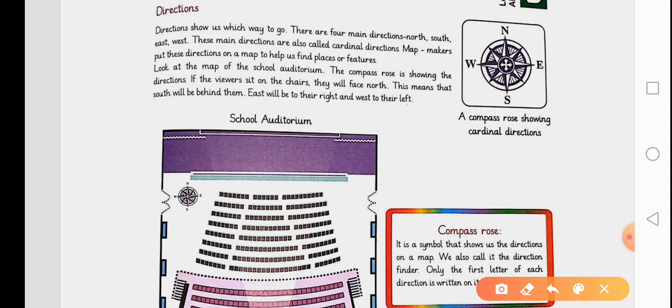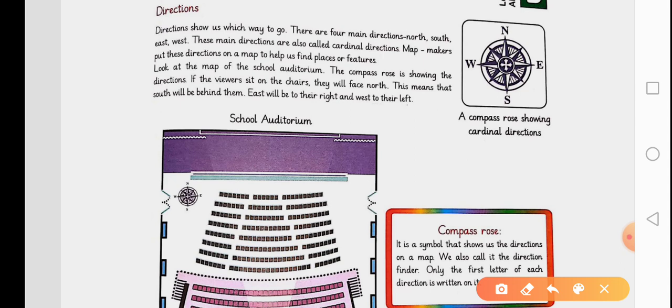Whenever you are using a map and you find out that there are symbols, you should also know if you should go to the east, west, north, or south in order to find the place. For example, you are looking at the map of your school and you want to go to the canteen. There will be a symbol of the canteen on the map, but you should also know in which direction to go, so you do not end up getting lost.